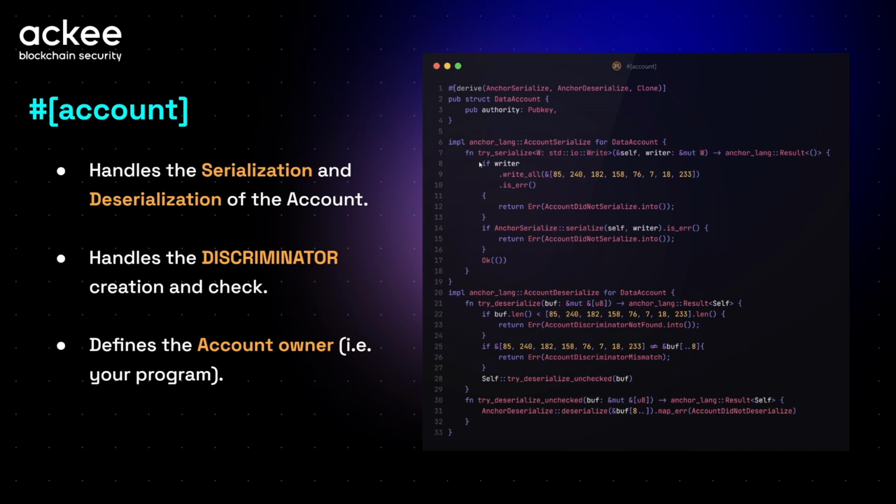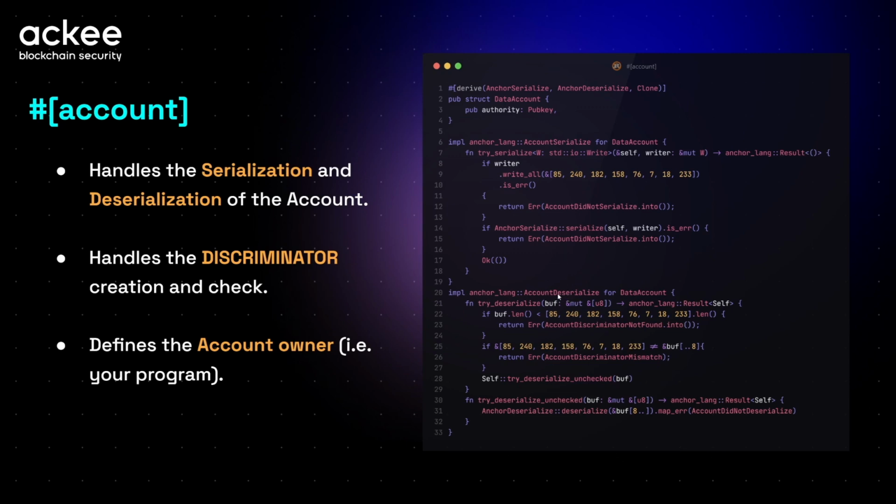So it actually handles the try_serialize function, which is internally called. That is not that important, but the important part is this first, let's say, we were not talking about this yet, the discriminator for the account. And then there is the serialization, which basically transfers the structure into the byte array.